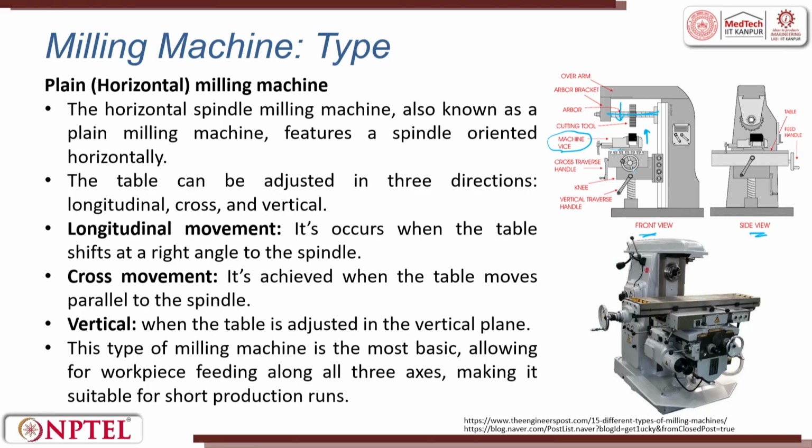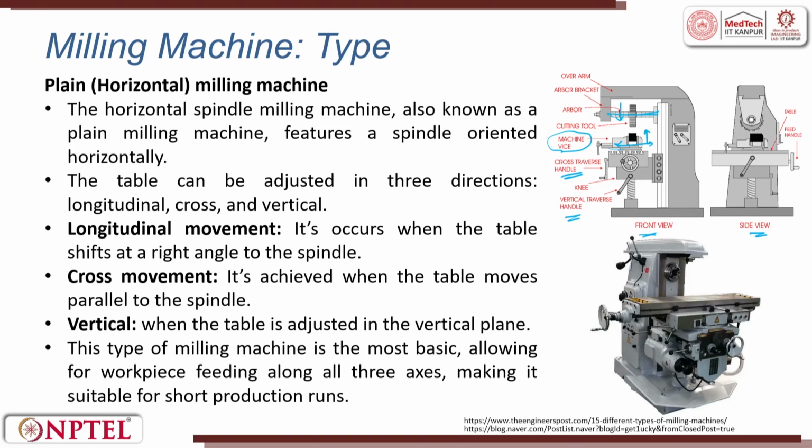The height of the table can be adjusted by the vertical traverse handle, and if you want this motion, that can be done by a cross traverse handle. So, one is depth height-wise and the other one is in the x or y direction, in this direction. That is also given here. You have the same freedom as in the lathe machine; here also you have this cross slide. So, the cross traverse handle is there. You rotate it, and then this portion moves.